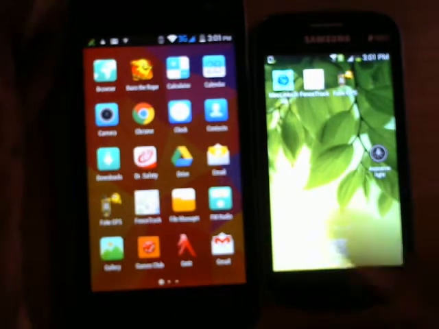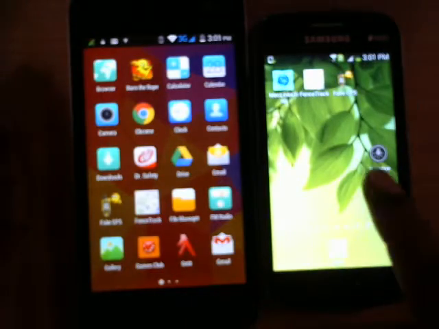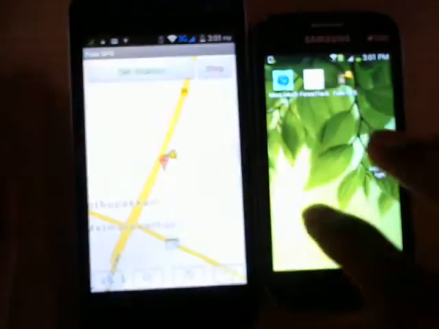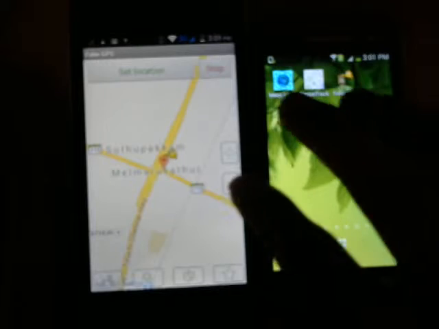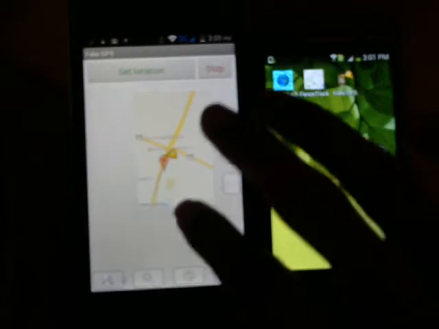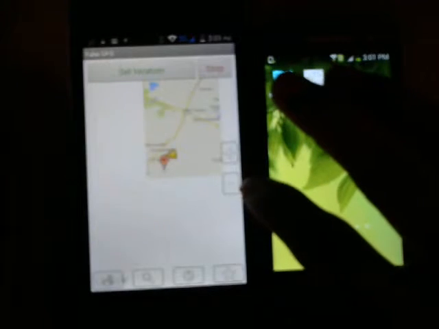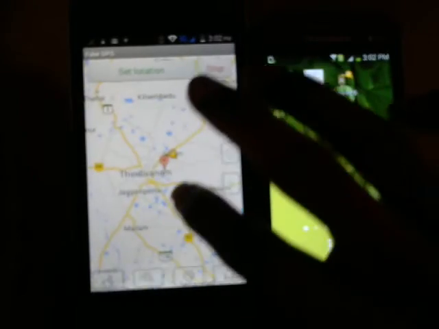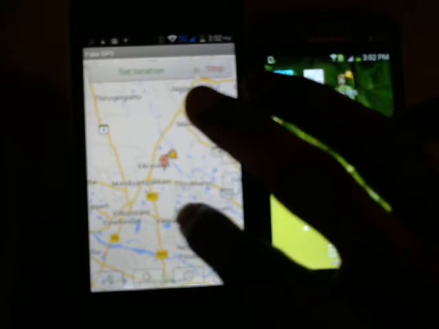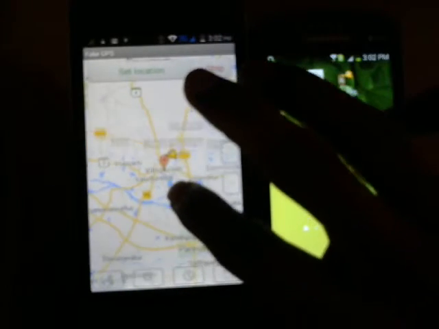Now next I am going to reach Villupuram. That time it will send an SMS to here. Villupuram is on the national highway only. You have to come. Okay.